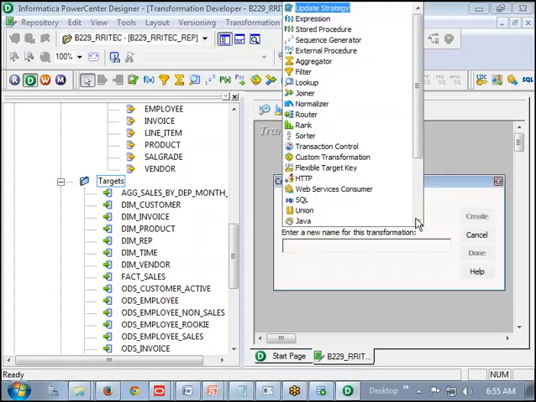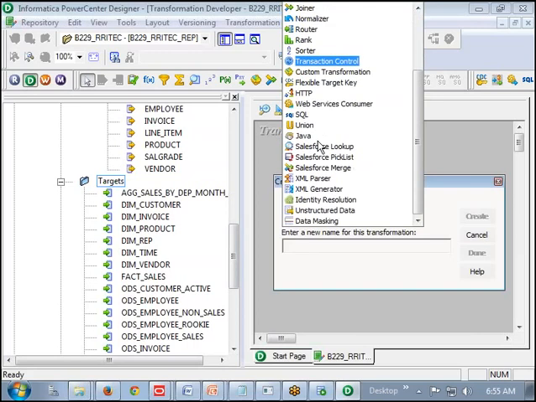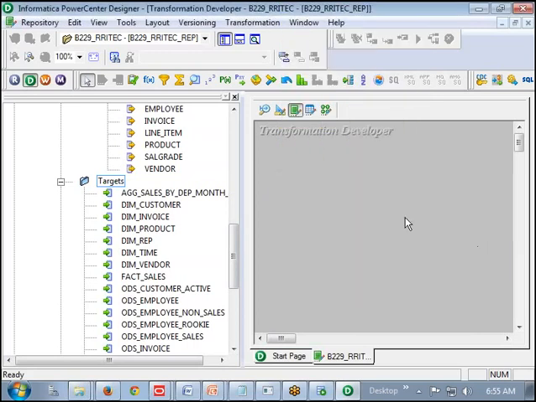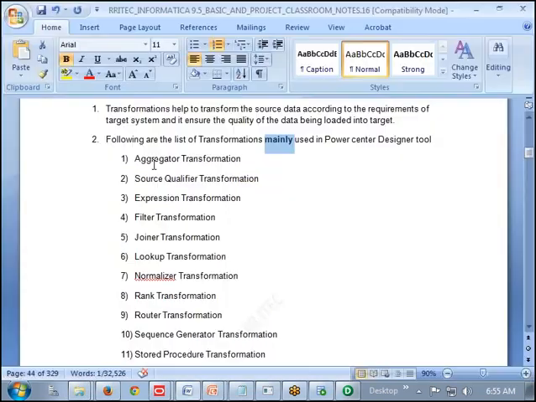We have a list of transformations available here. These are all called transformations: Expression, Filter, Aggregator, Lookup, Joiner, Router, Rank, Sorter, like that. We'll talk about all those transformations after a few minutes. These are the different types of transformations available.